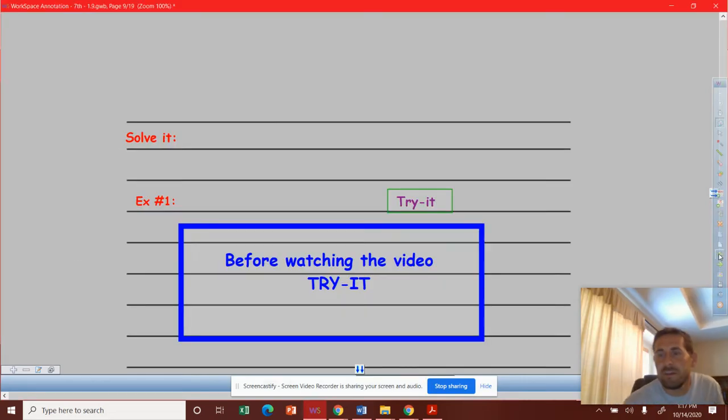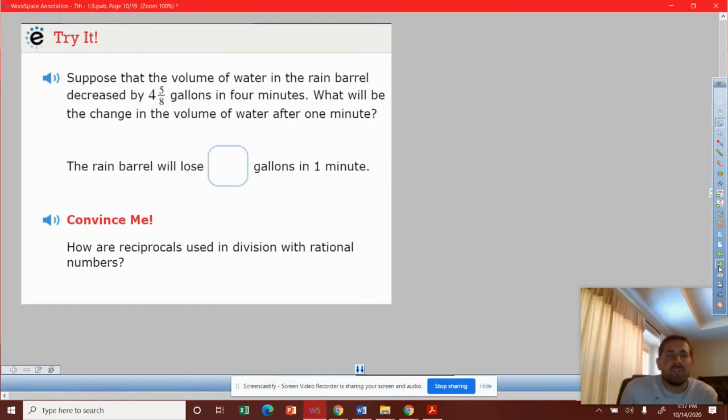Now we're looking at our try it. Very similar, but suppose that the volume of water in the rain barrel decreases by 4 and 5/8 gallons in 4 minutes. What will be the change in volume of water after 1 minute? So again, we're looking at 4 and 5/8